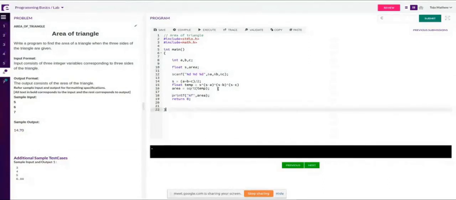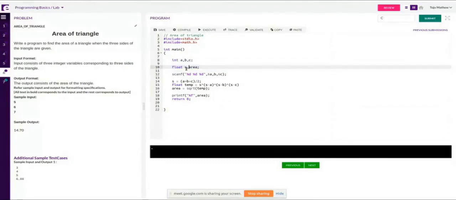Now you have typed the program. What does that S stand for? Float S. Basically, I'm creating 2 variables, S and area. Only thing is that these variables are for storing real numbers, decimal numbers. Here, these are for integers. So in today's class, we discussed data types. There are the integer data type, character data type, and floating point data types, float and double. Same thing: I'm creating a floating point.